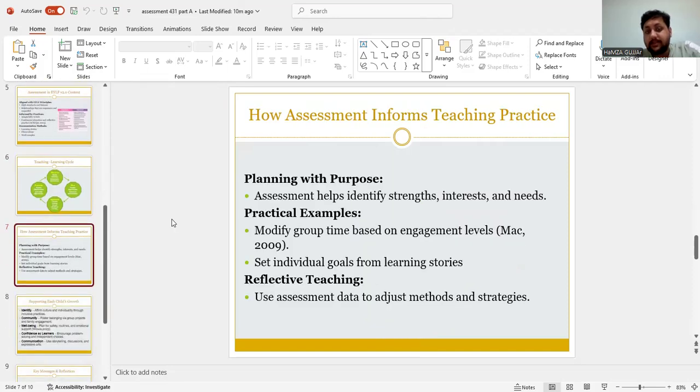So, next slide, the assessment: how assessment informs teaching practices, planning with a purpose, practice examples, and reflection on teaching. So that is in the middle of the theme. The teaching learning cycle flows naturally along with the assessment across each developmental stage. Assessment guides every aspect of educational practice, from the observations through the planning and the evaluations of the children. The integration of documentation and daily class interaction makes up assessment, rather than creating independent activities.